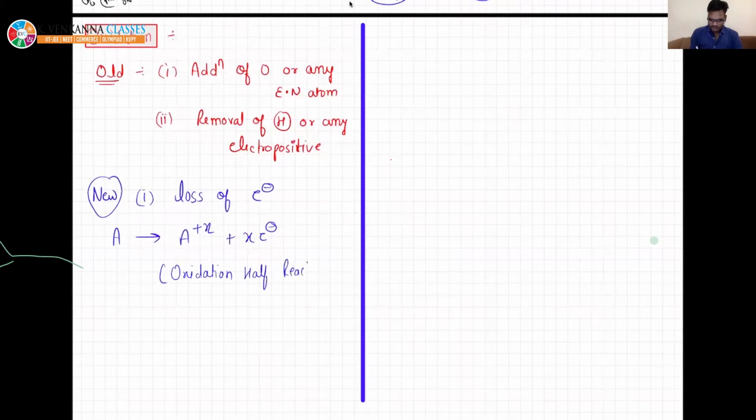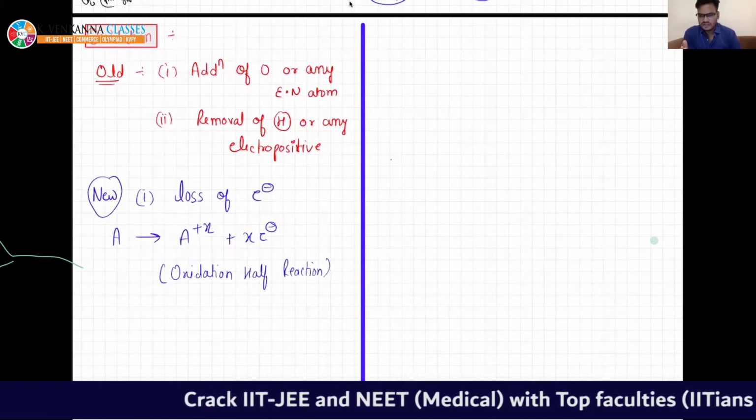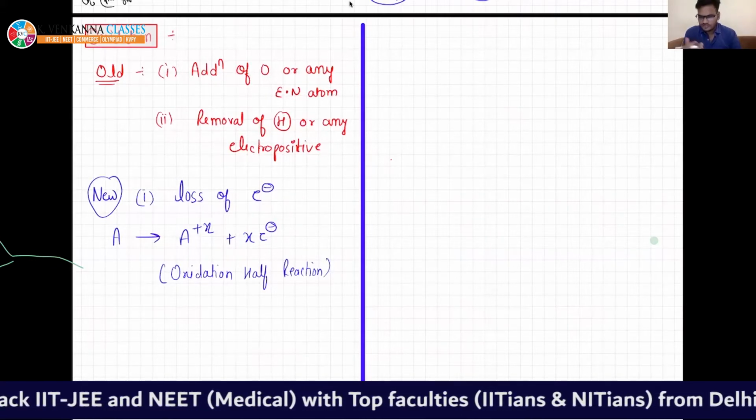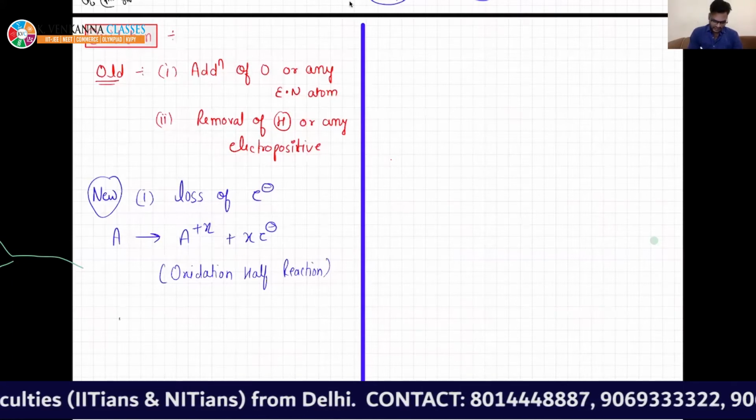Why is it half? Because it is having electrons. Generally, you will never encounter any complete reaction which is having electrons. So if somewhere electrons are present, then we term it as half. I have told it in first class, I think, right? Then second